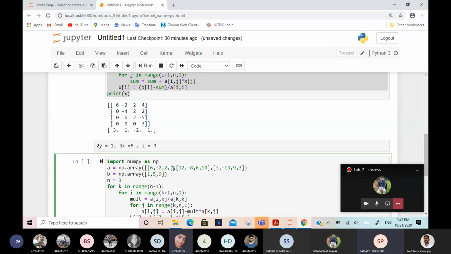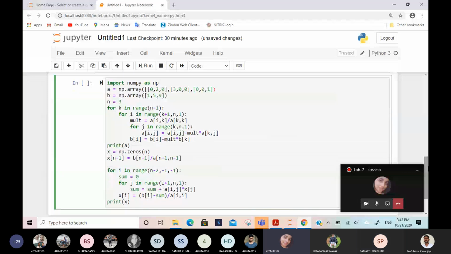Now what is the first row? 0, 2, 0. Second row? 3, 0, 0. Then 0, 0, 1. So if I run, can we get the answer by this method? No, sir.